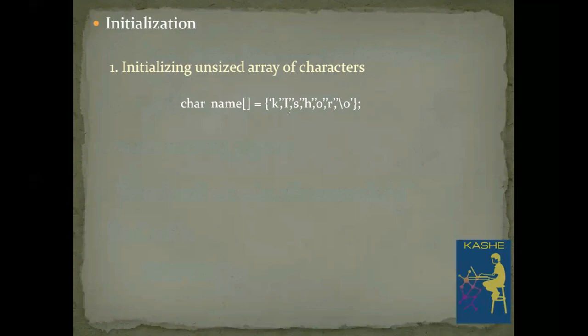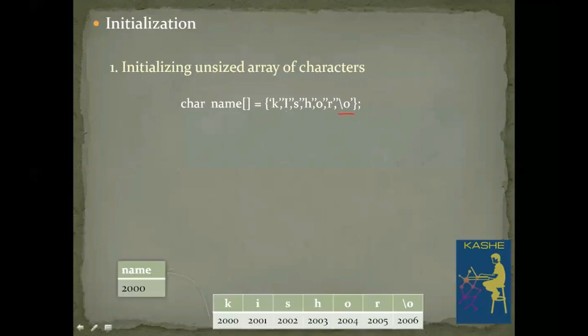See how many characters I have here. Well, I have 7 characters here. Then the size of this name character array is automatically fixed during the runtime as 7. I am initializing this character array by using curly brackets. In those curly brackets, each character is separated with a comma, and every character is enclosed in single quotations. Make sure that the last character must be a null character. That is the first type of string initialization.